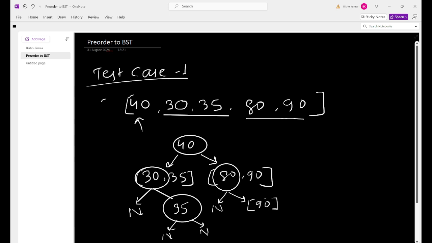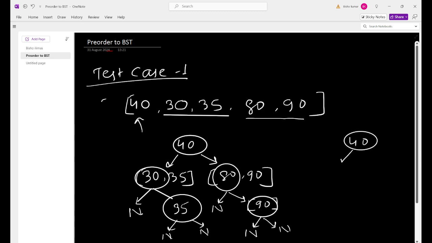Only one element is present here, so this will make a node, and on the left side no elements are present, so left will be null, and right will also be null. Now the final structure will look like this: